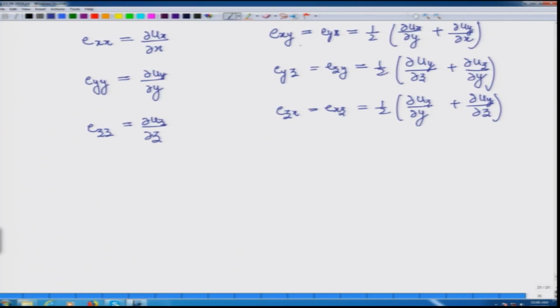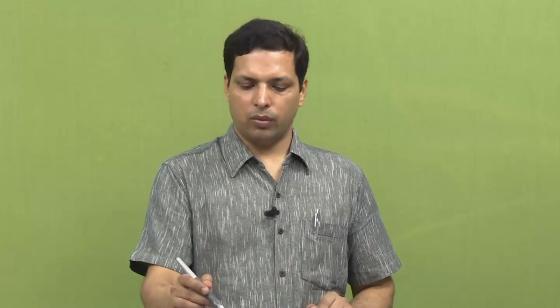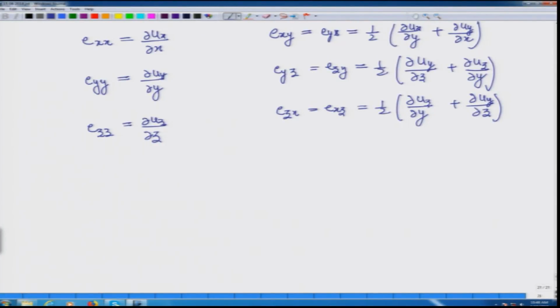So, when we write in this format, we know that Exy will be equal to Eyx in the matrix, Eyz will be equal to Ezy, Ezx equal to Exz in the strain matrix, and so on. And when you define it in this format, you would also realize that we have automatically gotten rid of the translation component. It will not show as a strain. So, if your delta L has moved from over here to here, or a particular length has moved from here to here, then there is no strain. If you go by this definition, you would see that has already been excluded. If you have the strains like this, then you can also get the hydrostatic deformation.